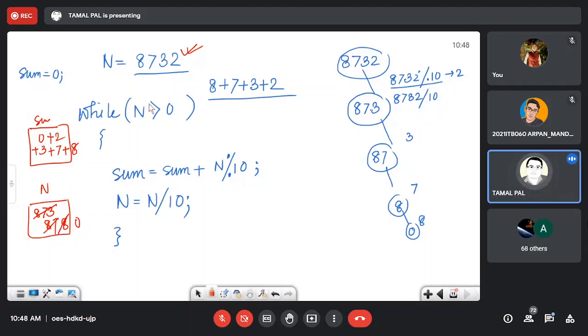And when n becomes 0, 0 greater than 0 is false, so it will get out of this loop. And after that, if we print the value of sum, we will get the desired output. Okay, any doubt with this approach?